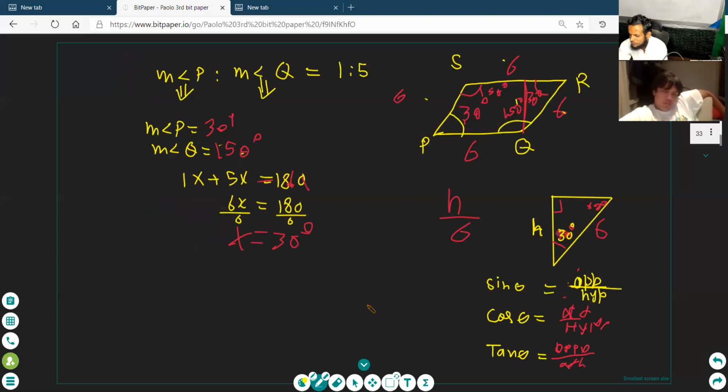Come on the page and solve. Find the h. Which formula will be used to find the h? Sine. Okay, write sine, and its angle. Which angle are you using? You are using 30 degrees. Right, sine 30 degrees is equal to.